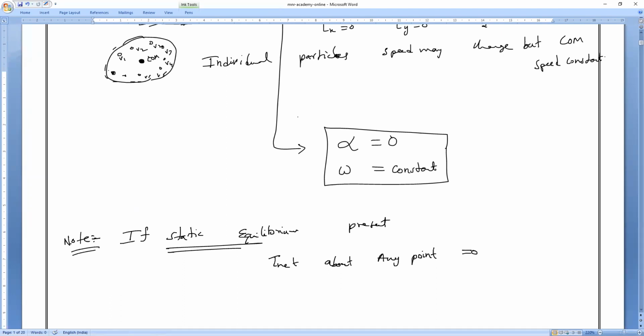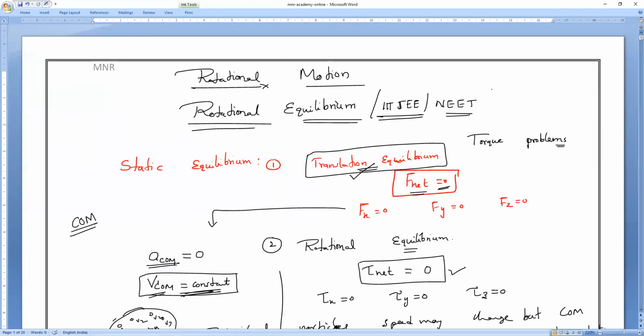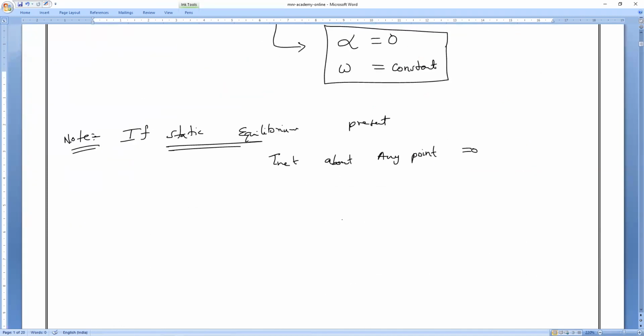Because if a body is in rotational equilibrium, it is already in what equilibrium? Translation equilibrium. So whenever the net torque about any point of a particle is zero, then we can say the body is having what equilibrium? Static equilibrium. Understanding? So for example, if I take a pivoted point, there is a body which is